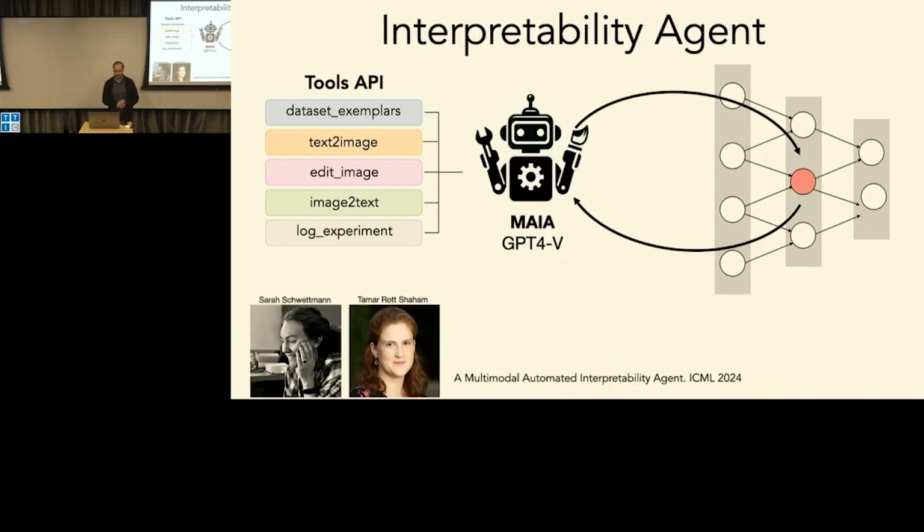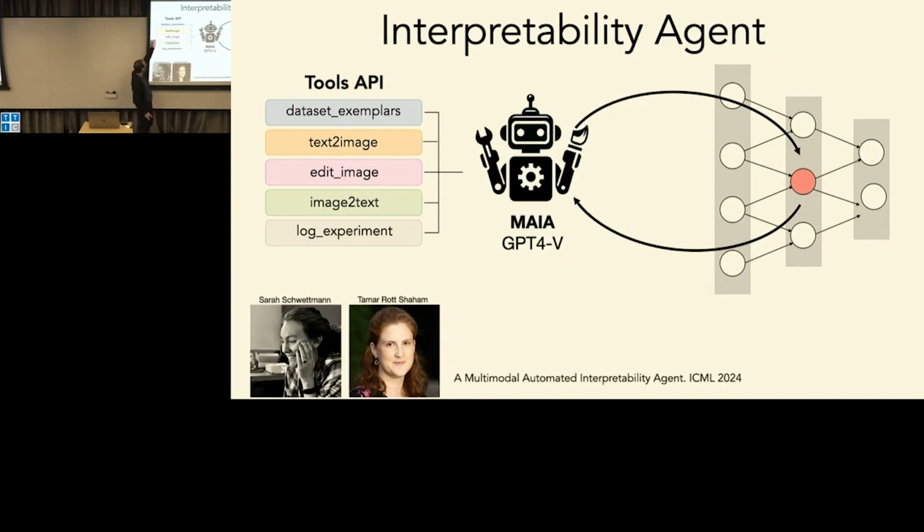So this is something we've been working on the last few years, and in particular, Sarah and Tamar. I know that Tamar was here giving a talk, so I took care of trying to have as little overlap with her slides as possible. There will be a little bit of repetition, just so that everybody's on the same page, but I will show you some different examples. But the idea here is to build an agent, so that would be a language model that is enhanced with a set of tools that will help us to perform experiments on a system that you have already trained, so that we can have some understanding of how it works.